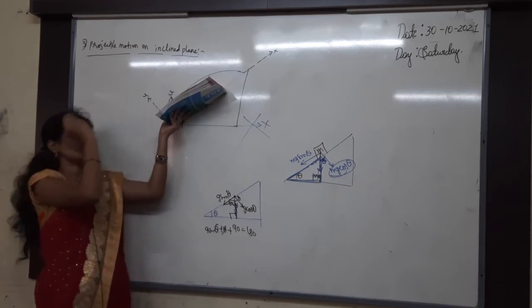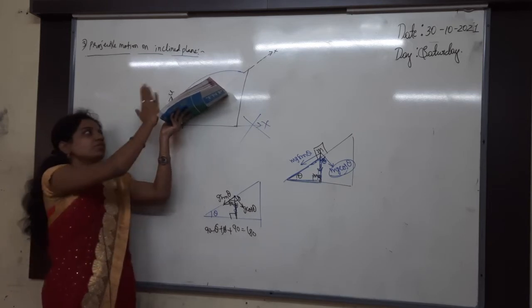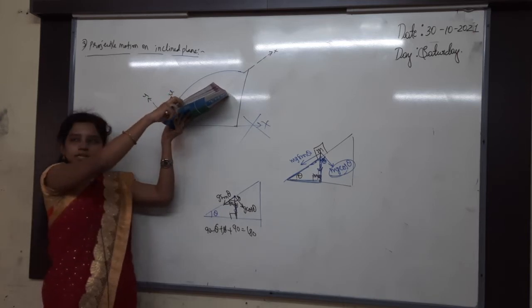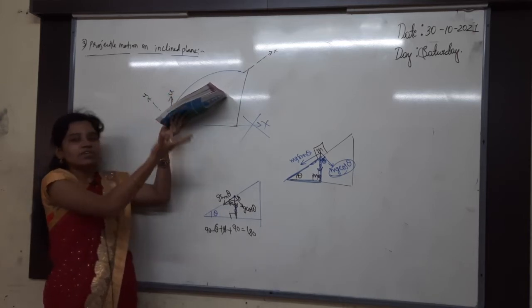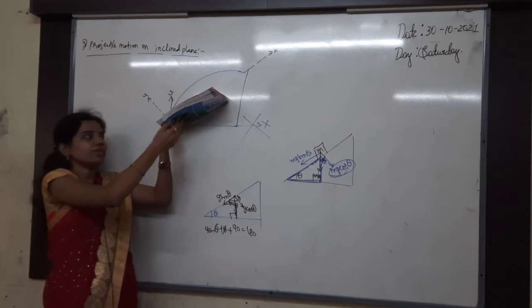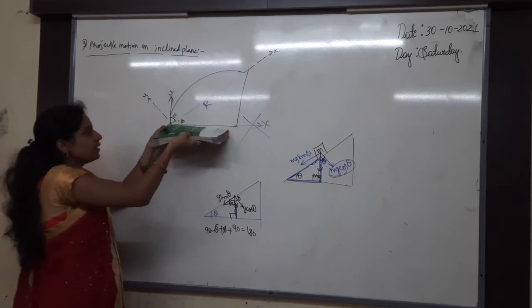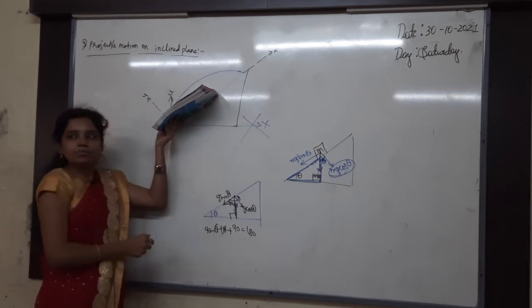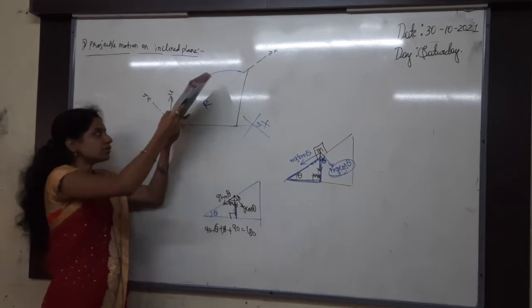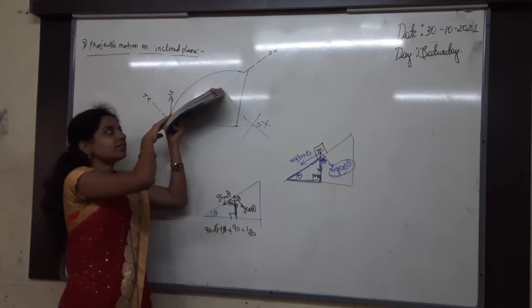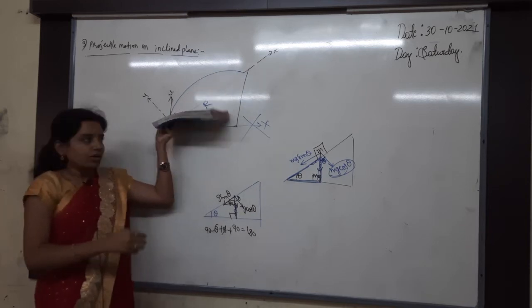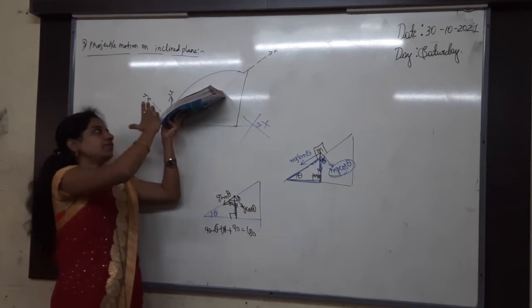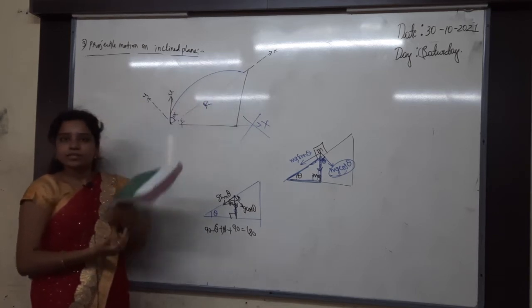From this I am projecting something in upward direction. So with what angle I am projecting here? Alpha angle. Alpha is the angle with respect to the inclined plane. Beta is the angle of inclination. So if I take horizontally, now I am lifting this one with what angle? Beta angle. Above that with what angle I am projecting? Alpha angle. And also this book, whatever book I have taken, that book is the x-axis. Not this one. This is not the x-axis now. I am considering this one as the x-axis. And then opposite will be what? Y-axis obviously. You understand it clearly?